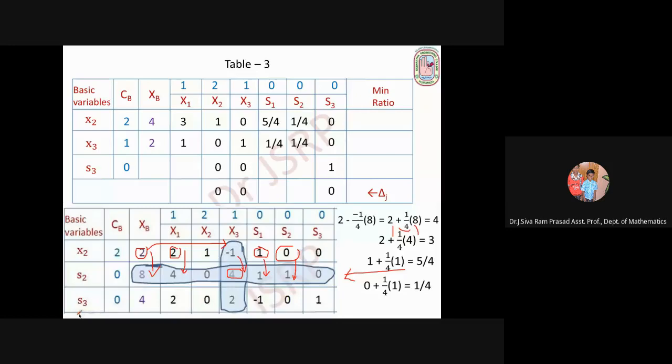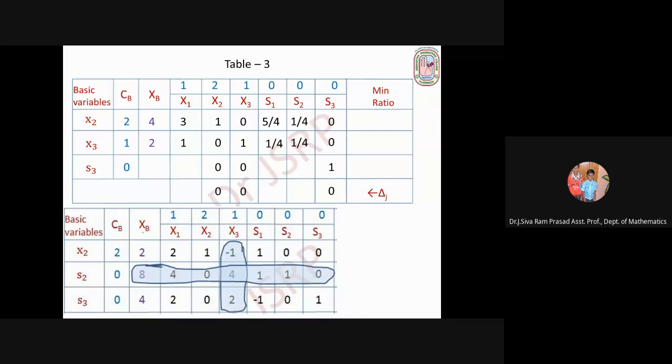So that is the first row calculation. Okay. Similarly, calculate the third row. Present value 4 minus pivot column element 2 by pivot element 4 into pivot row element 8. Right, here 4 minus 2 by 4 into 8. First simplify this fraction. 4 minus 1 by 2 into 8. This is fixed for the third row calculation. 2 4s, 4 minus 4, 0. This is 0.